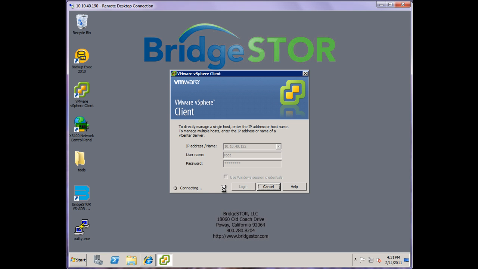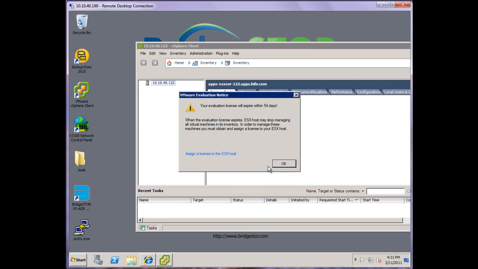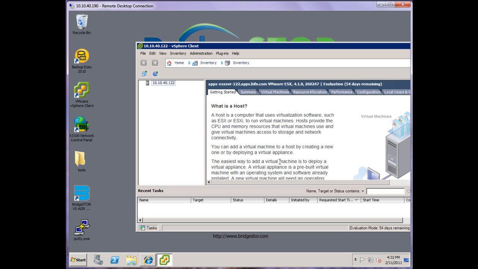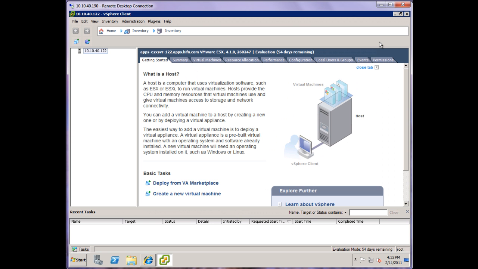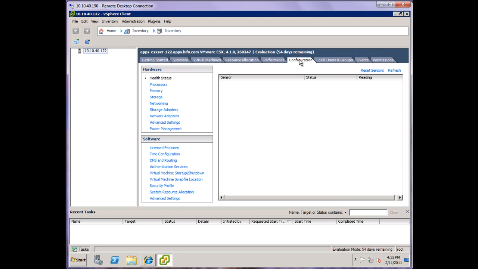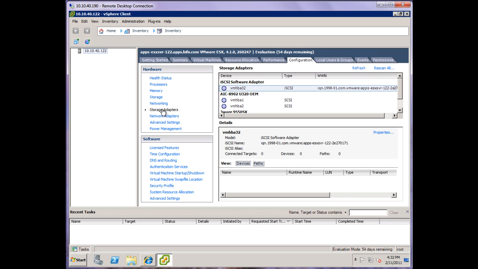If you haven't connected your ESX server to iSCSI, there's a couple of things that need to be accomplished before we can make a connection to that LUN. Let's just go ahead and bring this over here, and I'll go ahead and make it full screen so we can see. The first thing we're going to do is go over to configuration, and if we click on